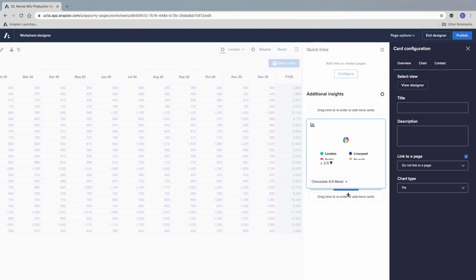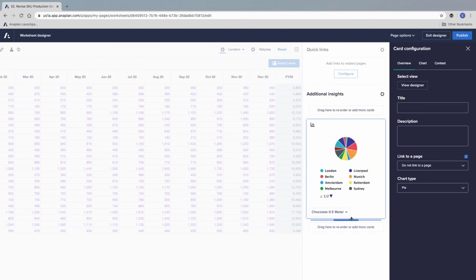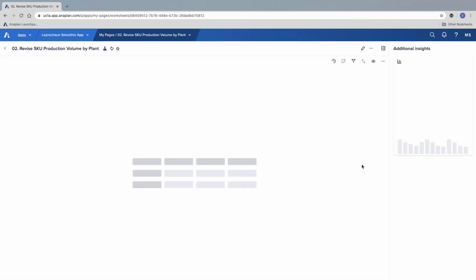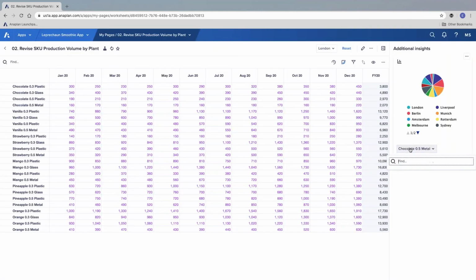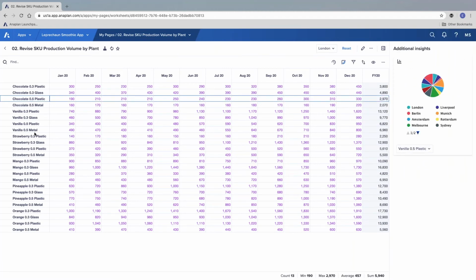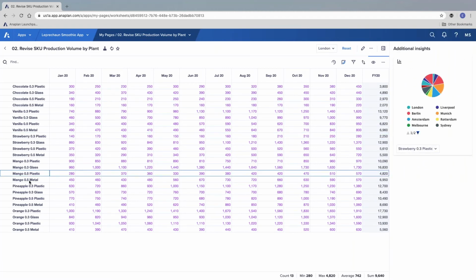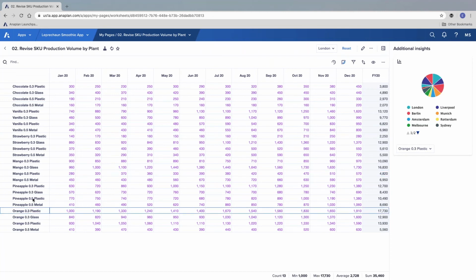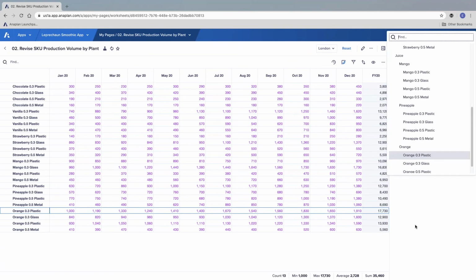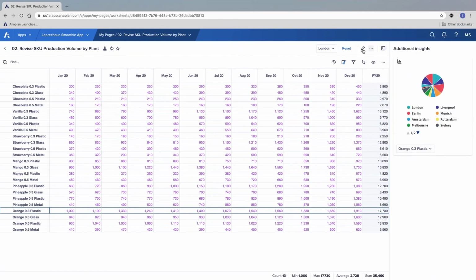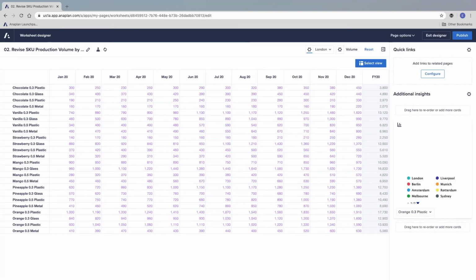There's a very small pie, so we'll make it a little bit bigger. And if we click publish, you can see that we can choose the SKU from here, or we can choose the SKU by clicking on any of the SKUs in our main area. So why not remove this as a selector and just keep it as a label? By going into the edit mode, what we can do